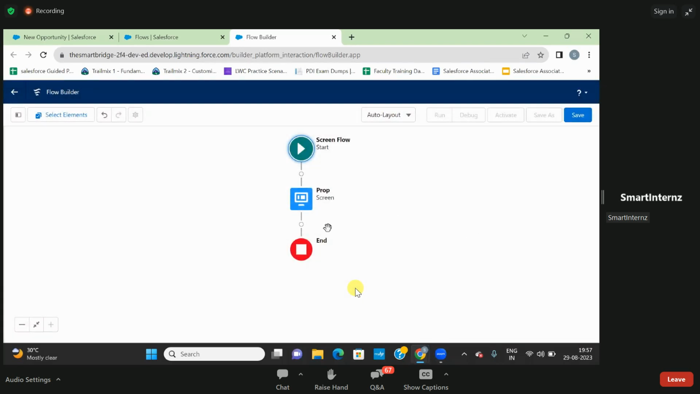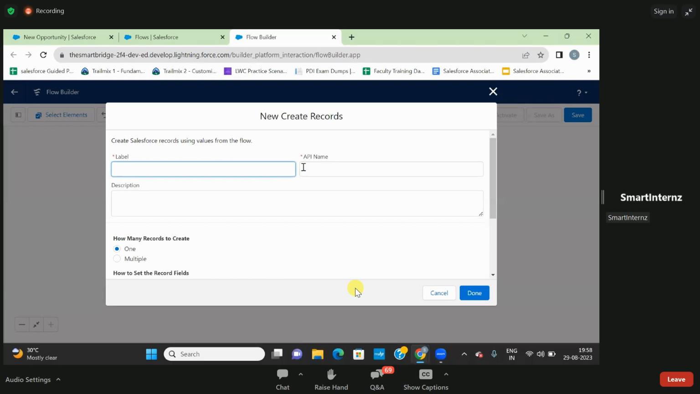Now it is getting created, right? Now I need to create the records which will get reflected in the account object, right? So what I'll be doing, I'll select the add element, and after creating that add element, I'll create the records over here. So what I'm doing, I'm simply selecting the create records, right? So the create record, it is asking me, so